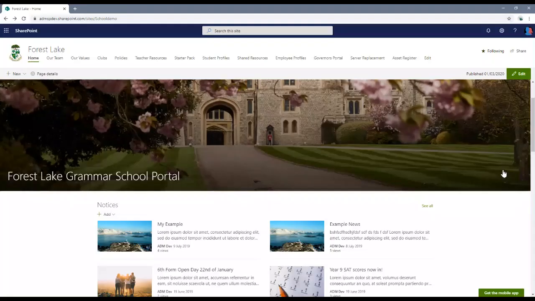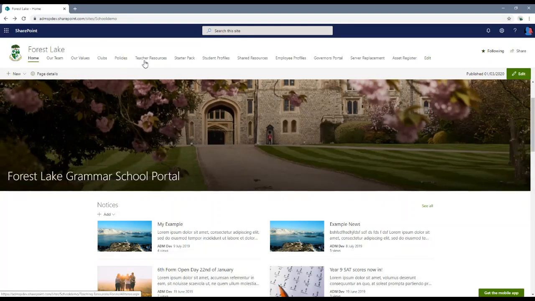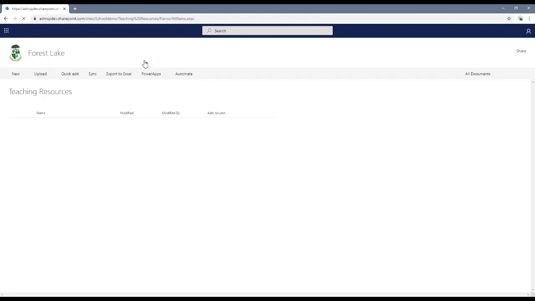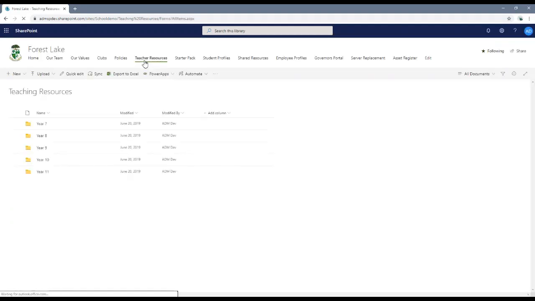So you should be able to see the SharePoint page now for Forest Lake, which is a demo page that we have created based on some work we did for a school. We've taken all of the data out and put in a demo page to show you guys. The first place I'm going to start is teacher resources. This is what the file management out of the box would look like. Obviously there's a little bit of branding in there, however the navigation bar is what I want to focus on,